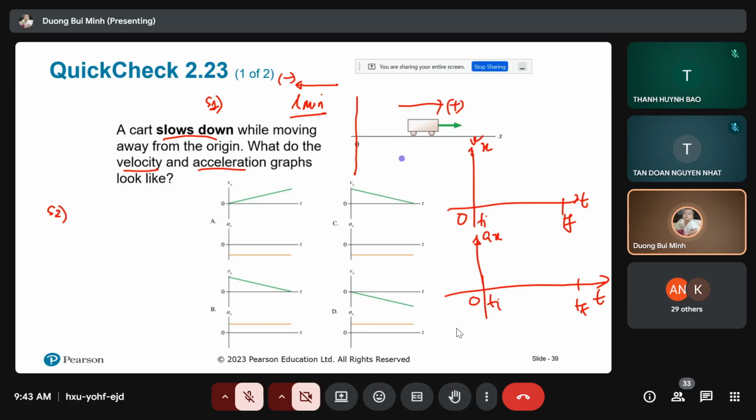This is step 1. Step 2, we need to analyze. The car slows down while moving away from the origin. So at the beginning,